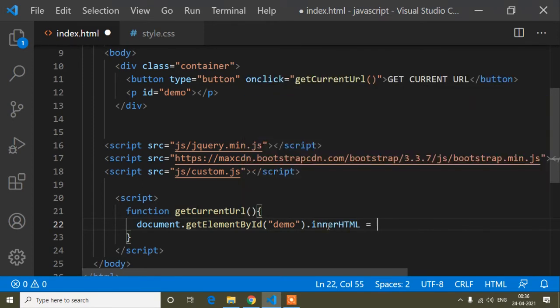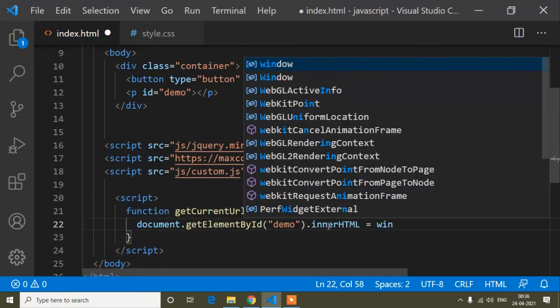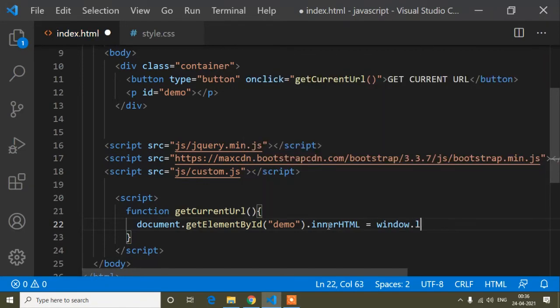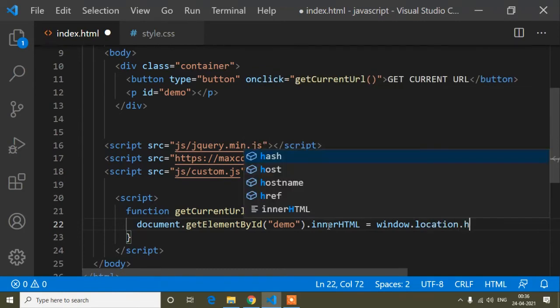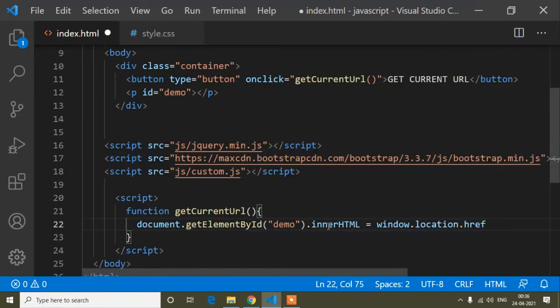Inside this innerHTML I will write window dot location dot href. This is the actual method. After using this method we get the current URL. If you use this method, you will get the current URL.